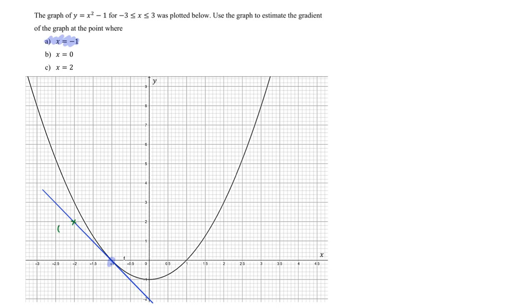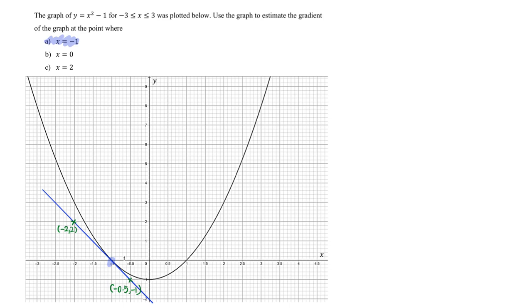This point here will be my x is -2, y is 2, and I'm going to use this point here as well, -0.5, -1. And step 3, now that I got my 2 points, all I have to do is to simply